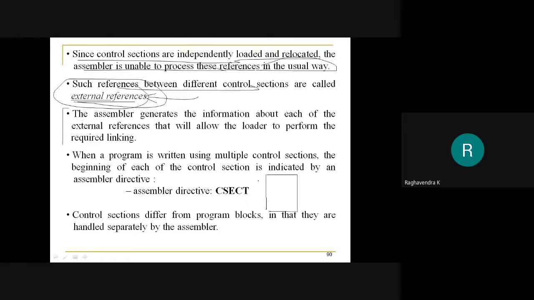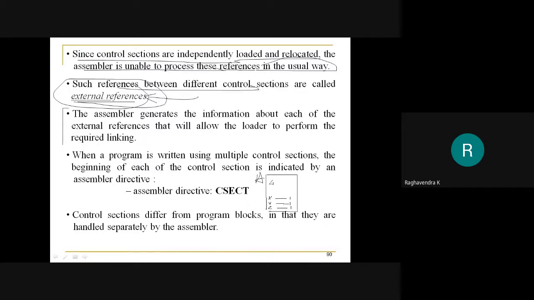Let us assume that we have a control section called A. This control section has defined the labels X, Y, and Z: X is reserved 1, Y is reserved 1, and Z is reserved 1.